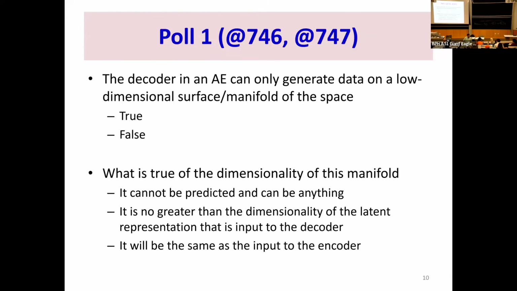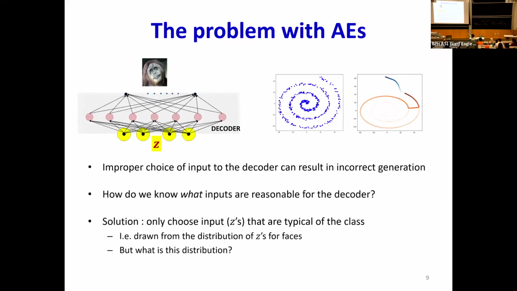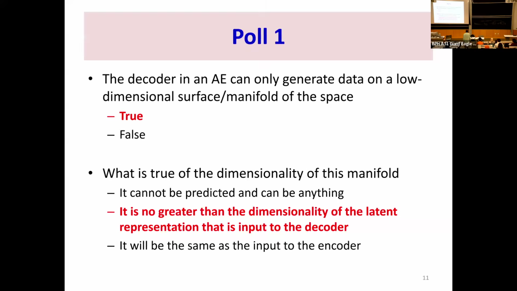This is not special. There's nothing special about linear transforms. Even if it's a nonlinear transform, all a nonlinear transform does is fold this sheet. So if I take an n-dimensional space and put it through some kind of transform, it gives me an m-dimensional output where m is greater than n. The result is still going to lie on an n-dimensional surface, which could be planar or curved in the m-dimensional space. And so that's why we're able to use the structure. It's going to be a manifold, but the dimensionality of the manifold is the same as that of Z. And this is what we're actually using.